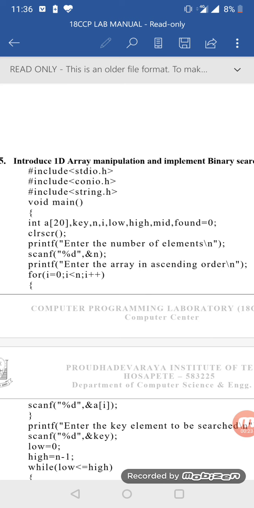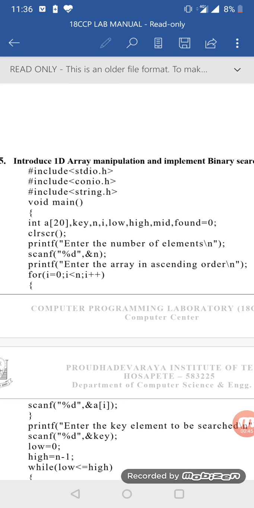well as the upper side of the array, that is the left side of the array as well as the right side of the array. First we will divide the array into two parts and we will search from both the parts, that is from the left part as well as the right part of the array. Hence it is known as binary search. We are searching two sides of the array.